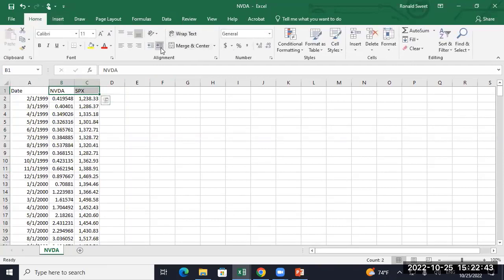Why do I need the S&P 500? What might I use that for? I want to get the return for NVIDIA, but what else might I want for NVIDIA? Correlation, you need 2 things for correlation. What else? Beta, what else? R squared. So 3 of them, you need 2 of them, but for one of them, you only need 1. So what we're going to do,